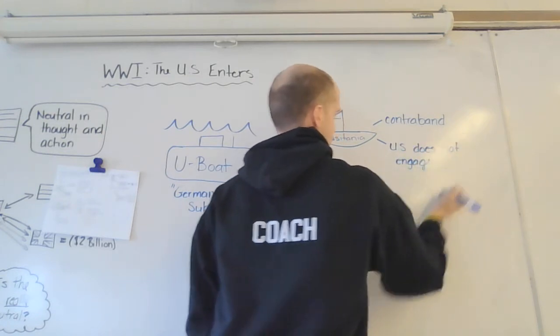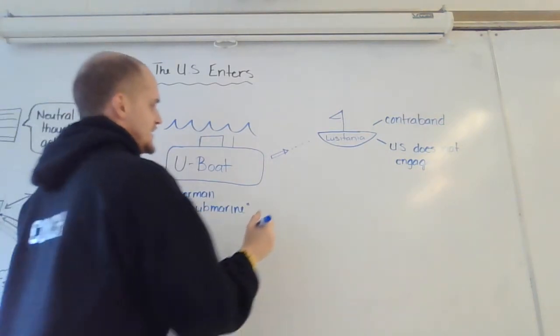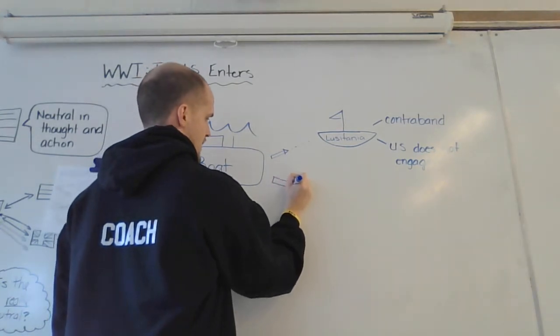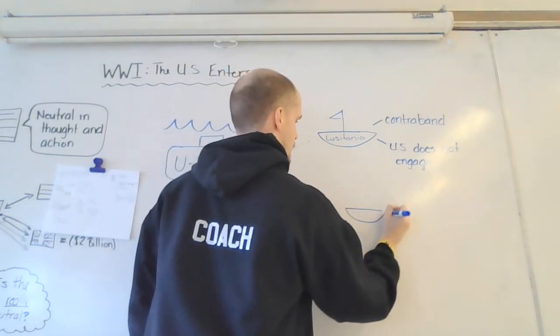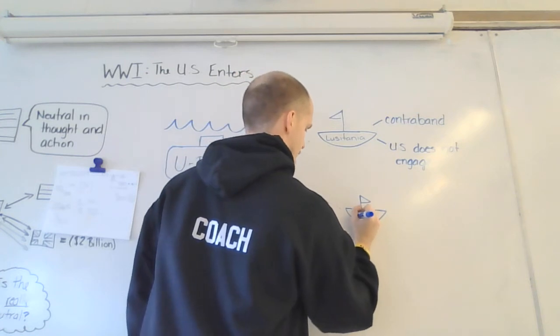They do not engage. They don't go to war. Well, the next event is another torpedo at another ship, this time a French ship with people on board, Americans on board,